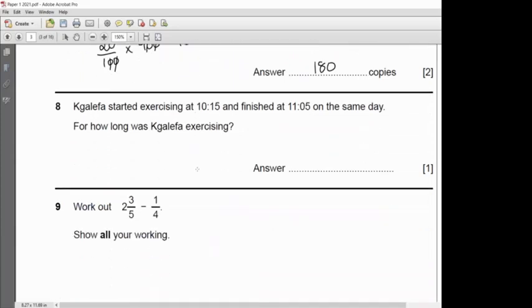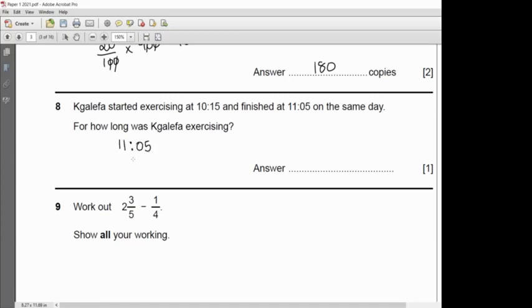Okay, number 8, Khalifa started exercising at 10:15 and finished at 11:05 on the same day. For how long was Khalifa exercising? Now, with this one here, you can use arithmetic to work it out, or you can do a calculation if you look at an analog watch and try and figure out how long she was exercising for. Okay, so the first way, like I said, is you can use basic arithmetic. So you have